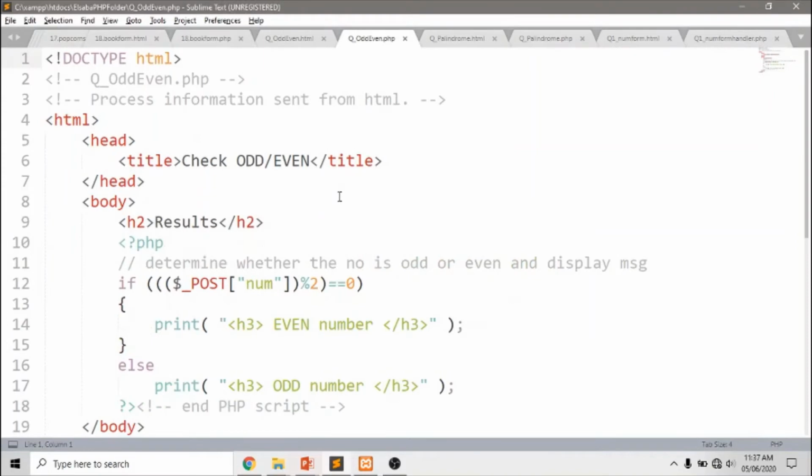And this is oddEven.php. I'm trying to get the result in this. So how will you check whether the number is odd or even? We have to access the variable. How will you access it? Here the method is post, so using the super global $_POST and giving the key as NUM, because my text box name was NUM. And if mod 2 is equal to 0, that is an even number, and otherwise it is an odd number. I am using a print statement here, you can use echo or whatever you want. So we'll see the execution.